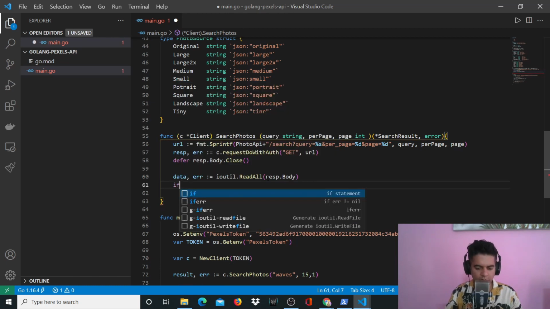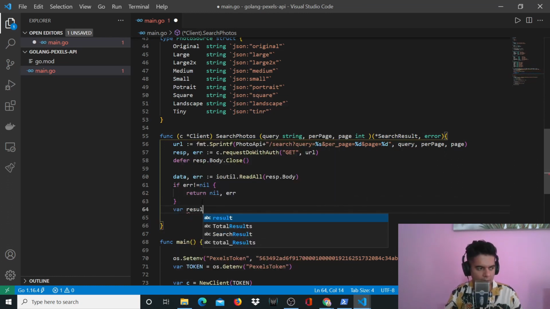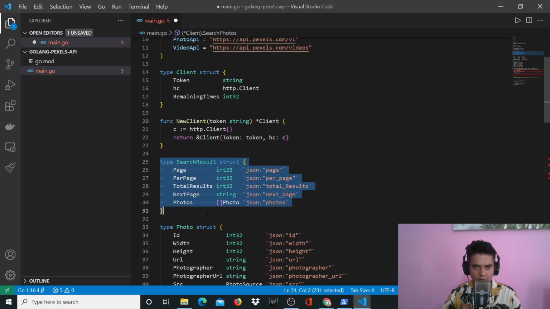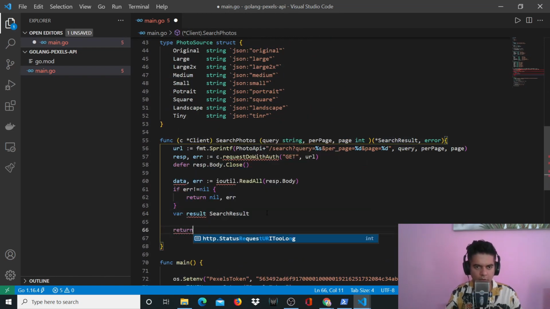The data, so first let's handle the error. So if error not equal to nil, we'll return nil from this function for the search result, and we'll return the error. Let's define a variable called result. It's of type search result. Search result, we've already defined a data type in the form of a struct for search result. So we'll say this is the result, and ideally we want to return result from this function